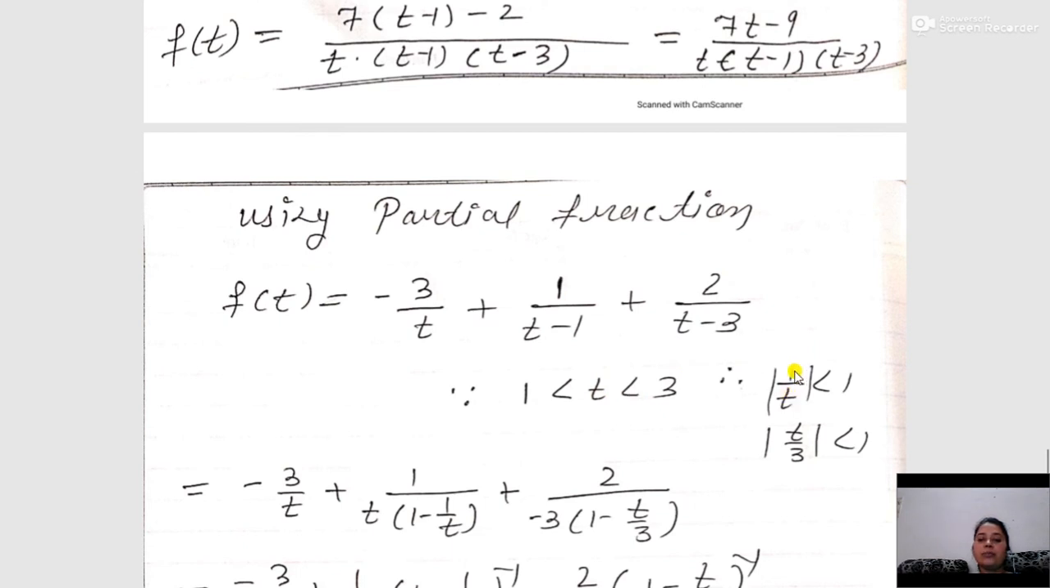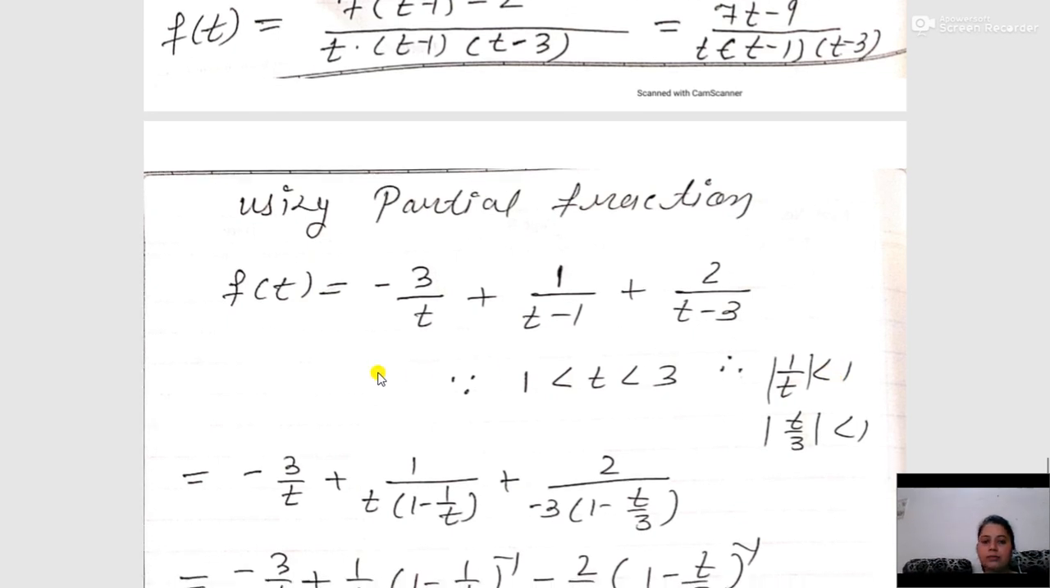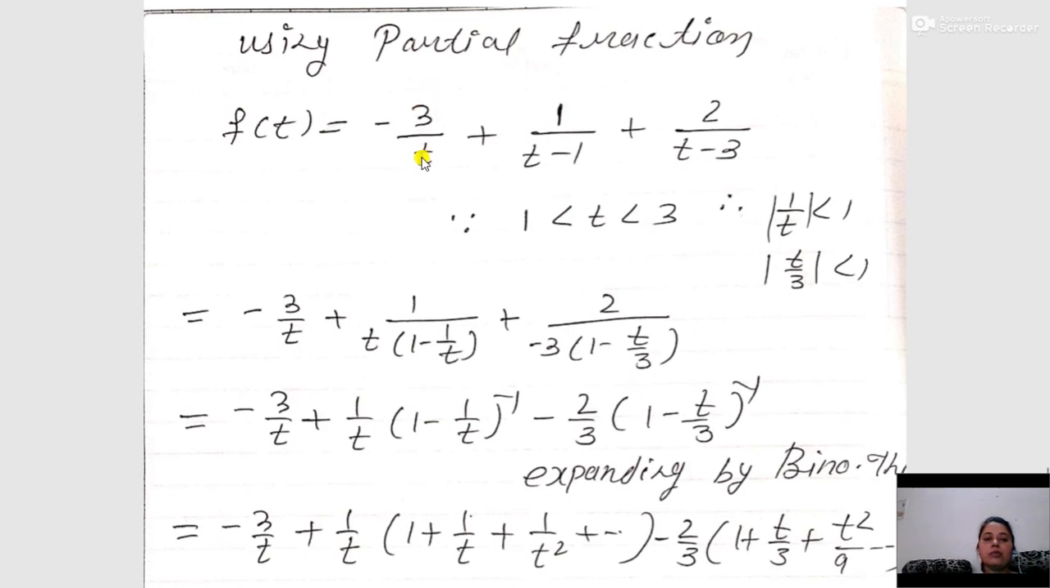Therefore we can write that mod 1 upon t is less than 1. If we divide both the sides by mod t, since mod t is greater than 1, therefore mod 1 by t is less than 1. The first term is a single term, so no need to expand it here. If we take t as common, it will be 1 minus 1 by t, and we have shown that mod 1 upon t is less than 1. Therefore we can apply binomial theorem here. And since mod t is less than 3,